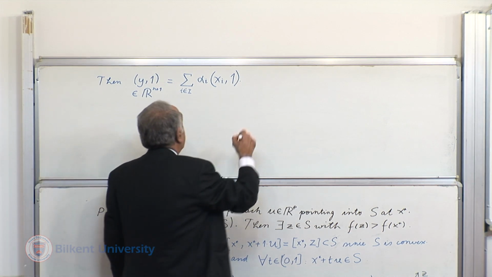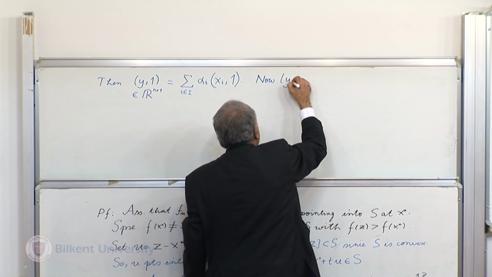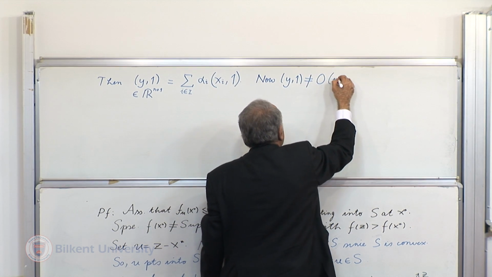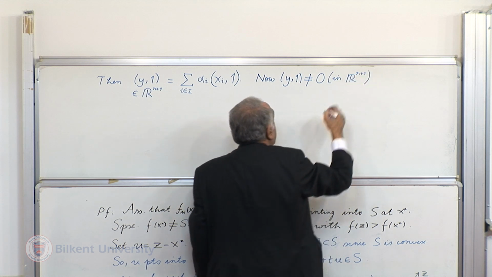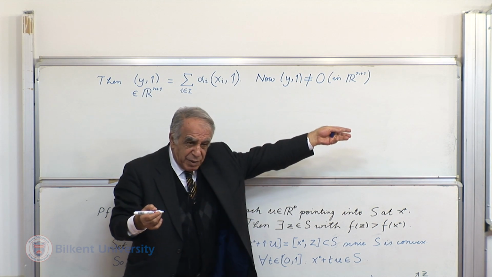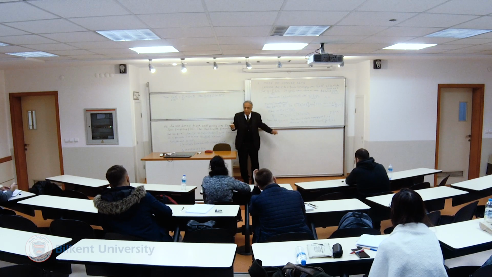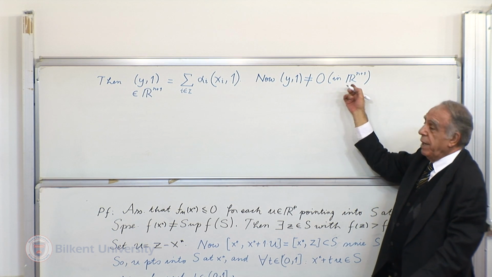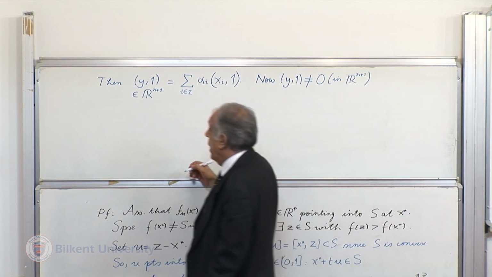Okay. Now, we also need not worry whether y is 0 or not. y might very well be 0. There's no restriction about that. 0 might belong to the convex hull of x. But here, since it's (y, 1), that's different than the 0 vector in R^{n+1}. So by the above lemma,